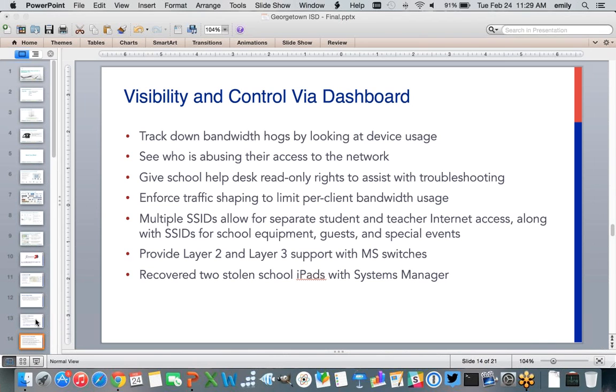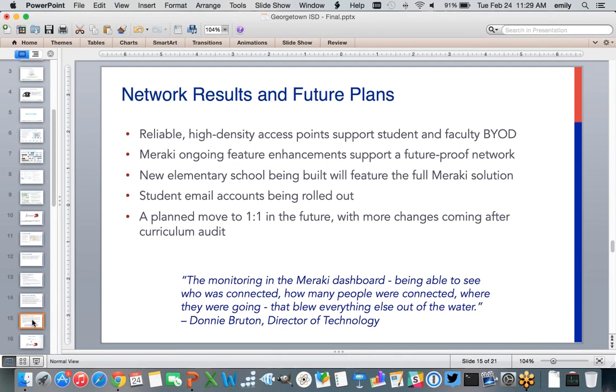Okay. So I wanna move on and just hit this last slide before we get to the demo, because I do want to spend a bit of time going over your network and showing folks on the call what it actually looks like to run a Meraki solution. Just wondering if you could maybe speak about what your future plans are, and if there's anything else that you would want to add. If you wanted the audience to know anything about Meraki, if you could tell them one or two things about your experience with us, what would that be?